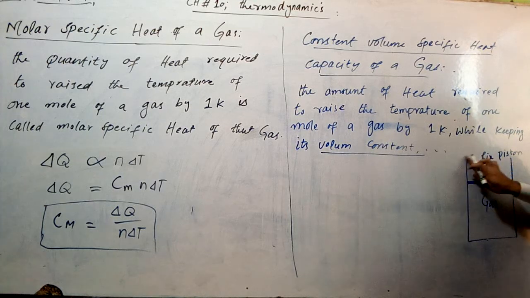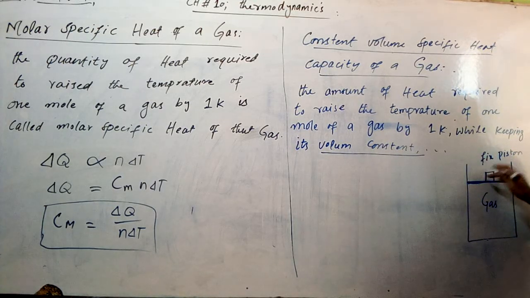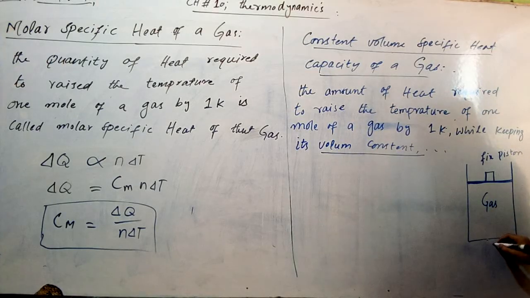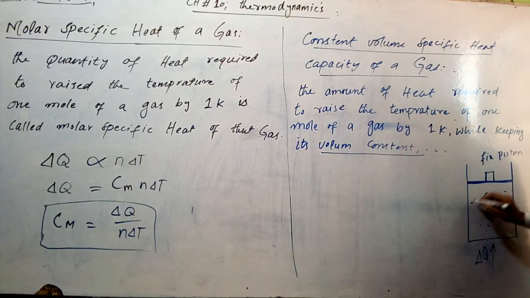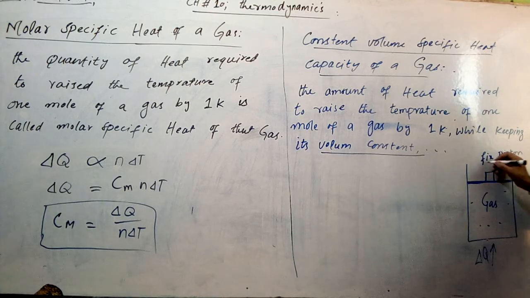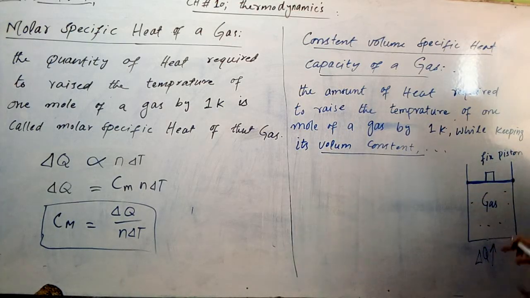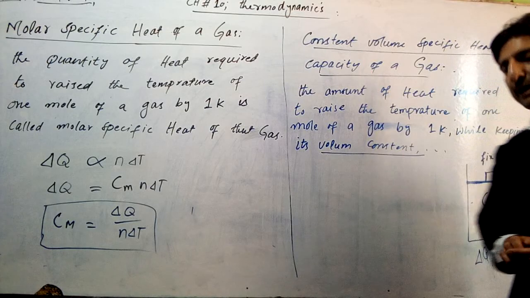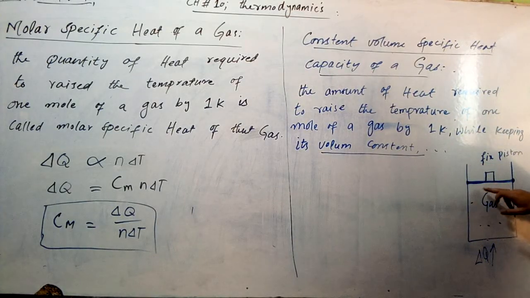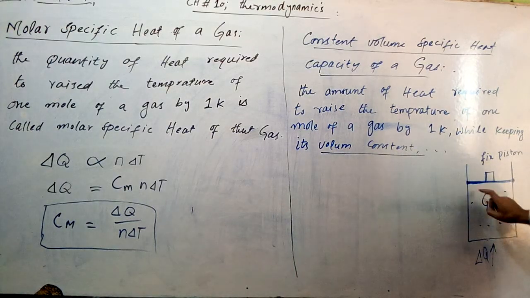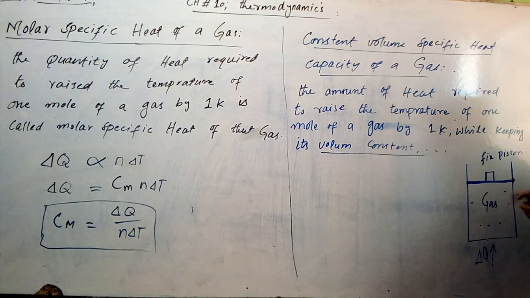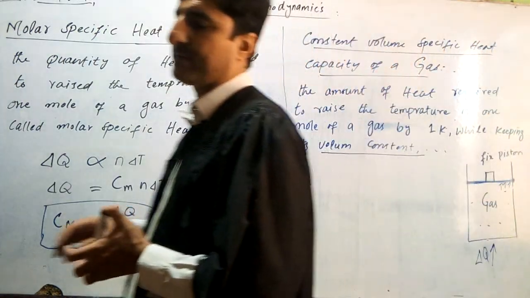Consider a container in the form of a cylinder with a gas in it. If we apply some amount of heat, delta Q, what will happen? The piston of this container is fixed and cannot move. So whatever heat we apply, the volume will not increase and no work is done. All of it is converted to an increase in the internal energy of the gas, and the pressure on the piston keeps increasing. So the pressure of the gas increases and the internal energy of the gas increases.